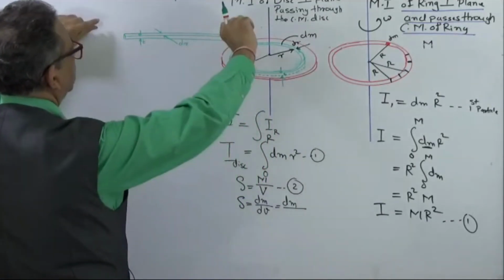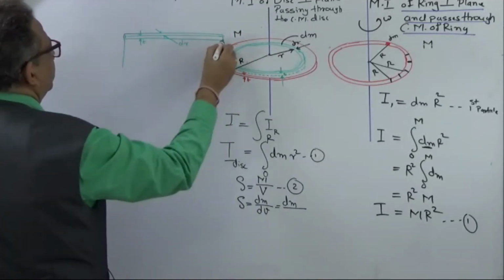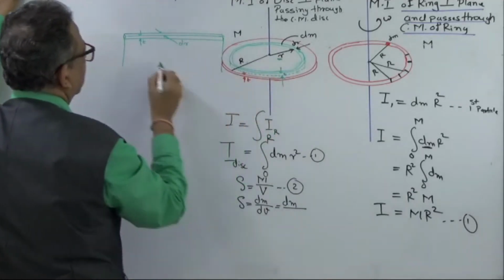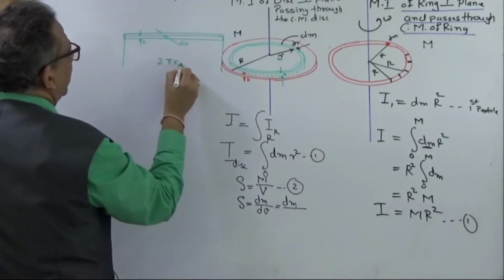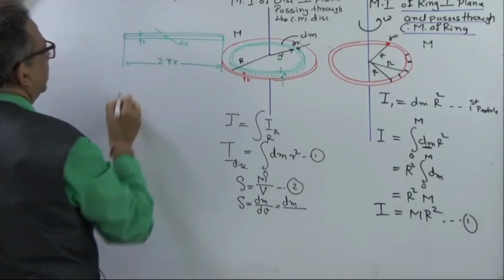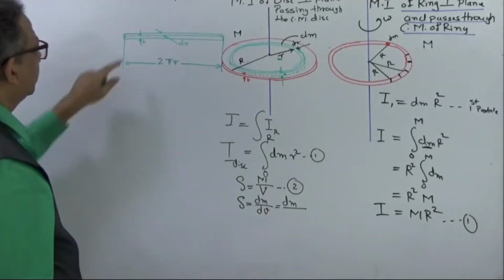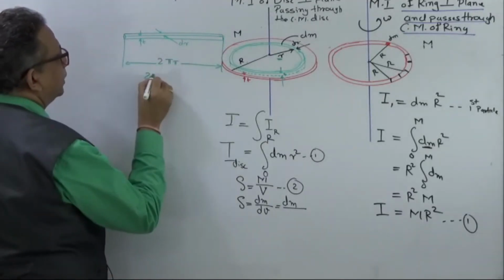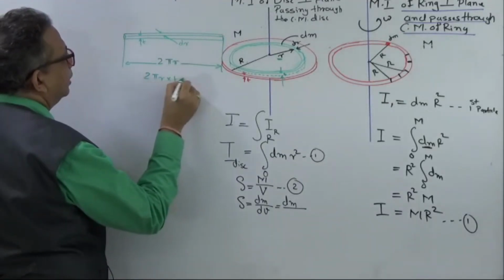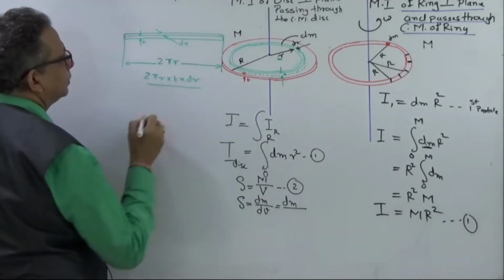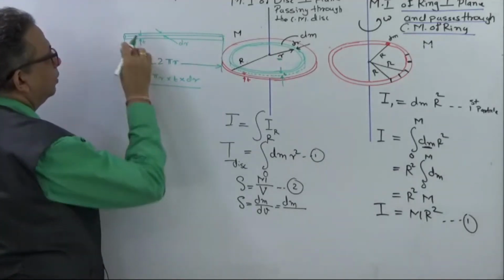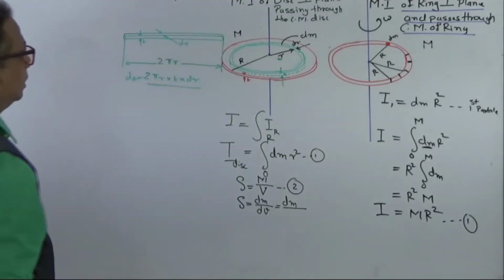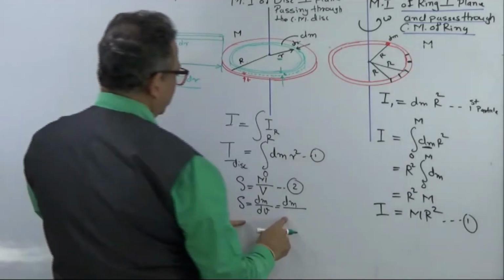Now I open this ring and I complete it into a linear length. So what will be the length of this? That will depend upon this r. So it will be 2 pi r will be the length of that ring if I straighten that. So what will be the volume of this ring? That will be 2 pi r into t into dr. This will be the dv, volume of this ring, if I open it up. Clear?